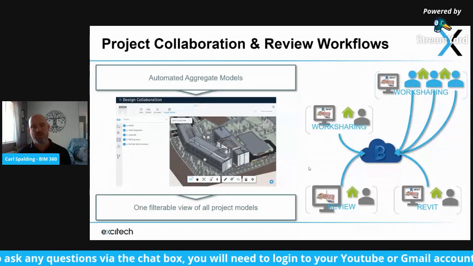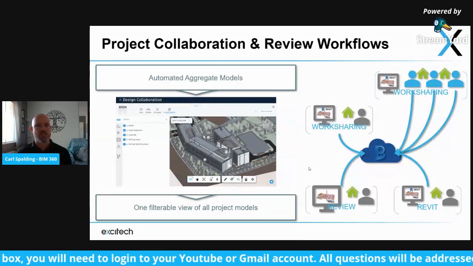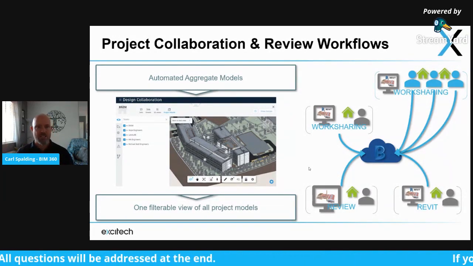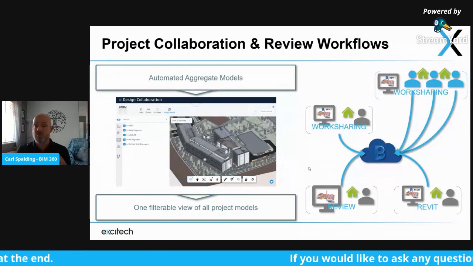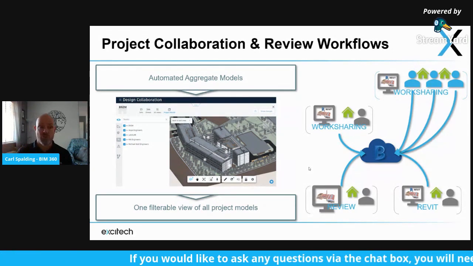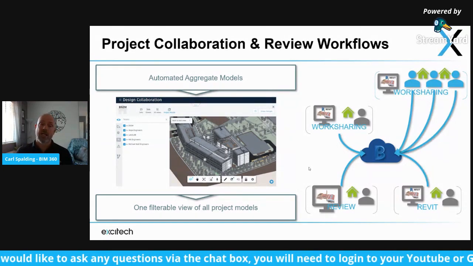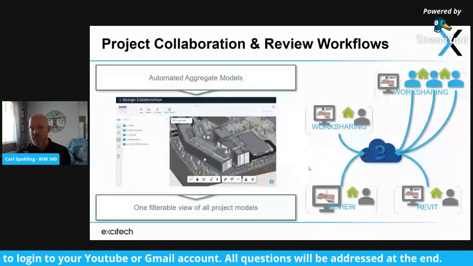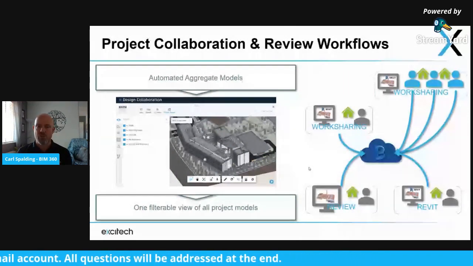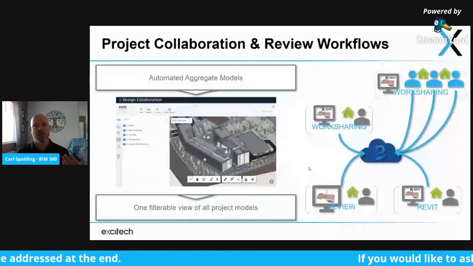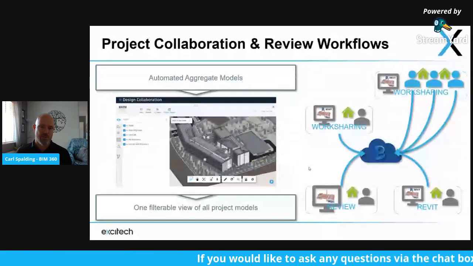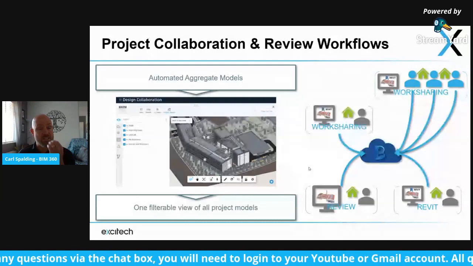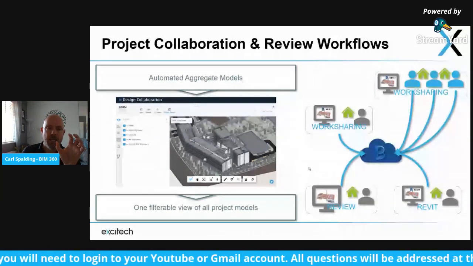And you can do the same with theirs, which means that you're not having to wait for that iteration process to happen and then package up all this data and create PDFs and then go through all that data. You get a notification that the structures team have released a new version of their project data. Do you want to review it? You go through it, change visualization, see what's changed, see what they've issued, consume it. And as soon as you do that, that replaces the previous version of their model, and that's already live linked into your Revit model. But what BIM 360 does that is very, very clever is that it'll aggregate